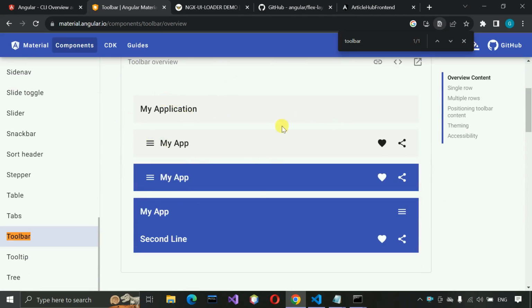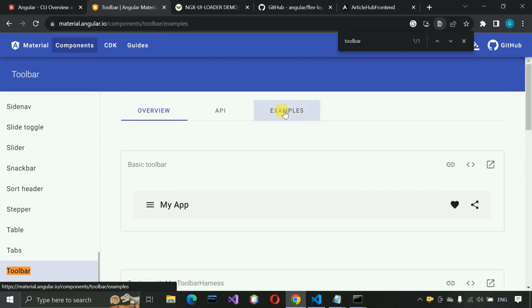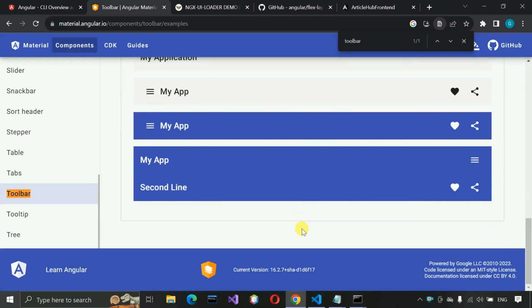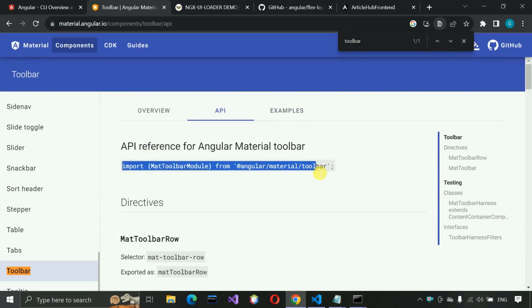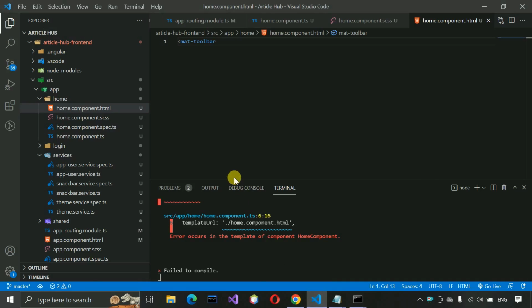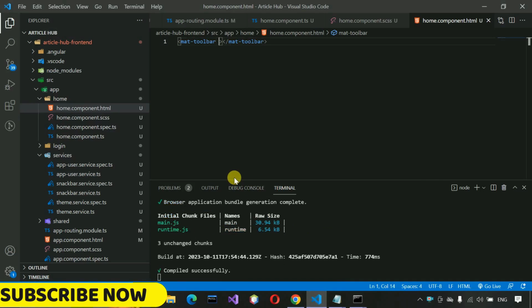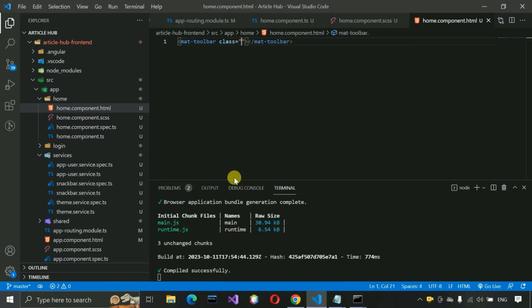You can see this one. This is a different example, so different types and options are also there. And this is the API we need to import for using this module in our project. So we have already declared it, so we can use it. So close this one. And after that, here we have to write class mat